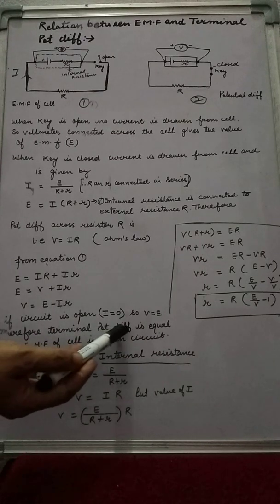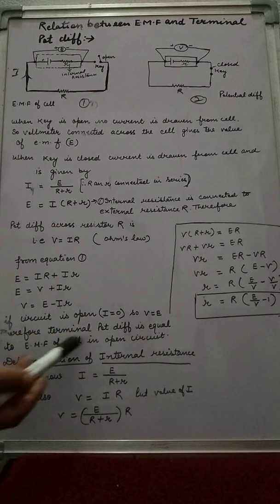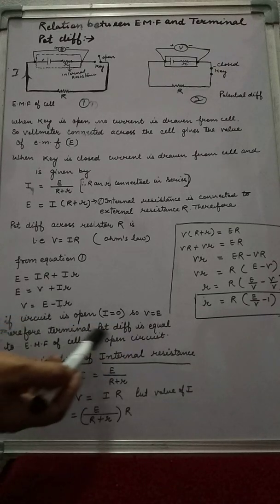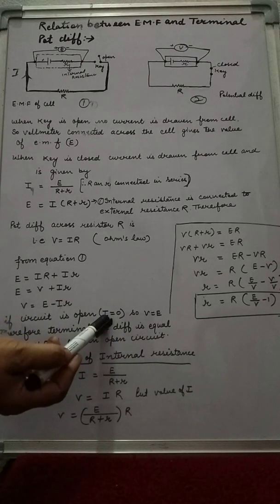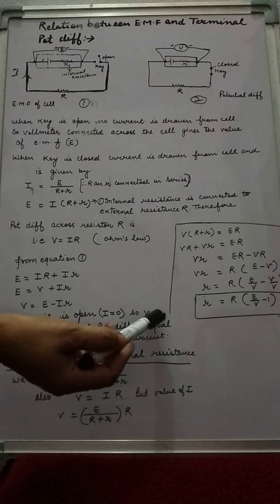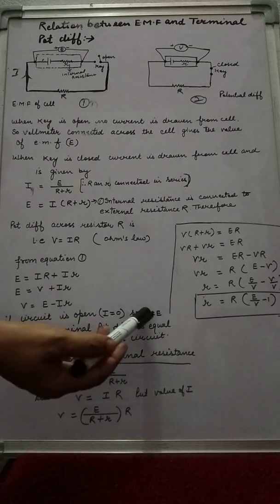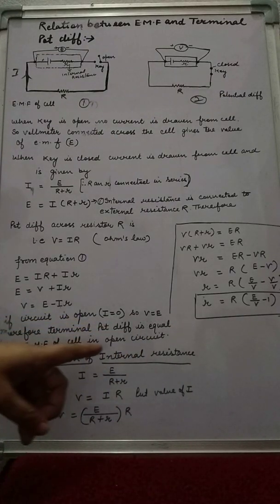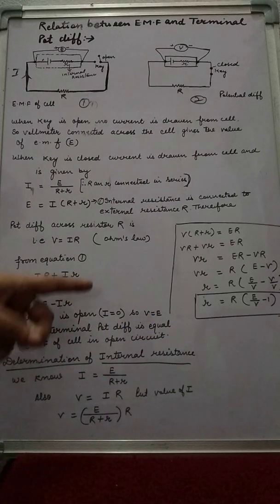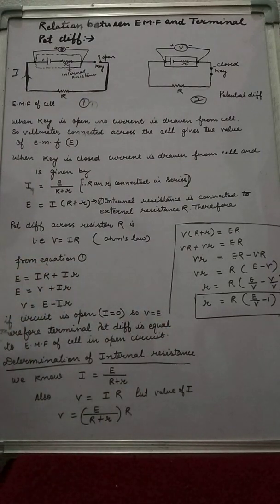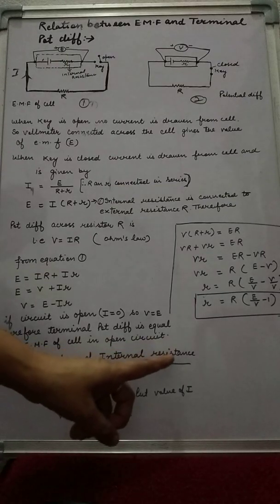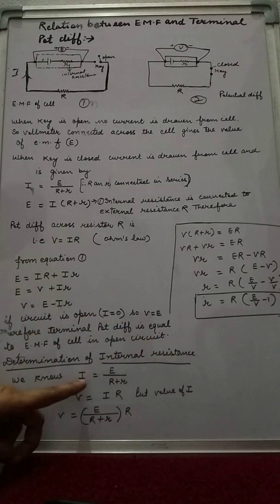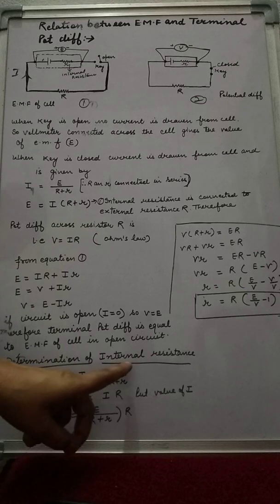Therefore the terminal potential difference, in this case when current I is equal to 0, V is equal to E, meaning the potential difference is equal to the EMF of the cell. In what case? In the open circuit. Now we have to determine the internal resistance. To determine the internal resistance, again we know the value of I is equal to E upon